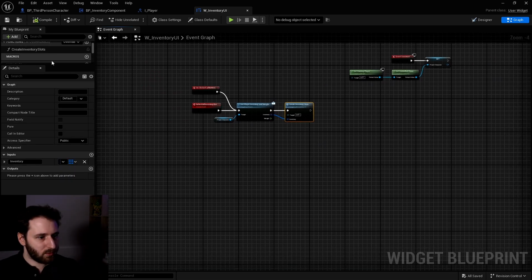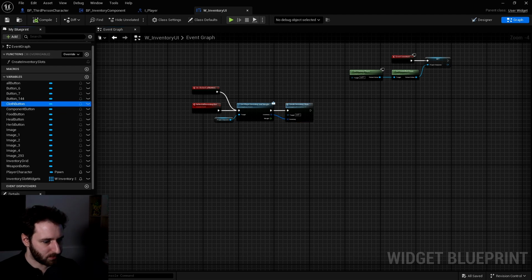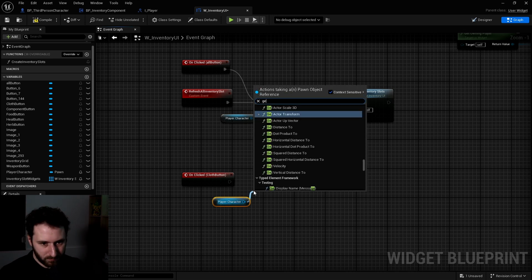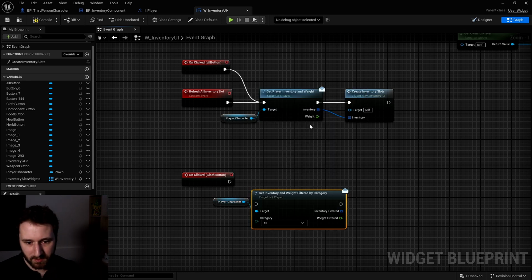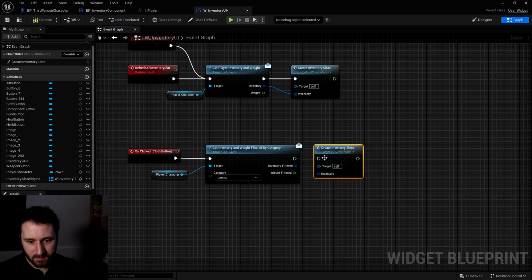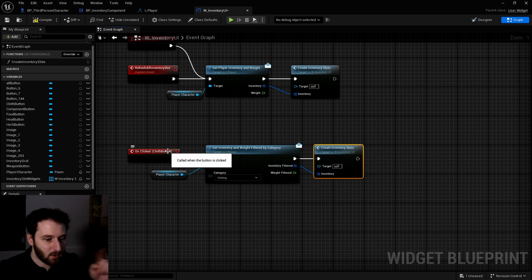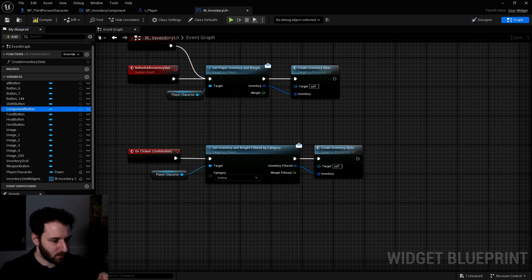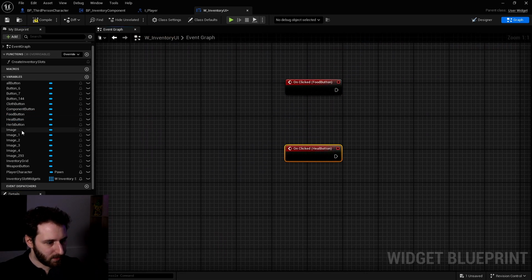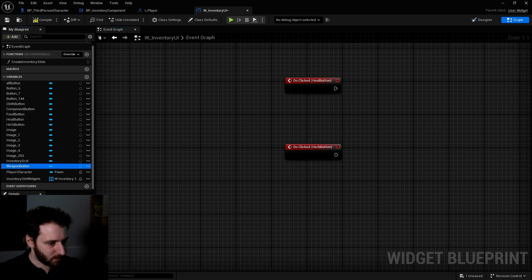Now for the other button, let's go with the clothing button. When we click on it, we'll get this player character. We'll call the get inventory filtered by category. And now we can set our category in here to be clothing. And now we can use this function, create inventory slot with our inventory filtered. So we do that for all of our buttons. So when we click on the component, let's add all of them: food, health, herb, and there is weapon in here.